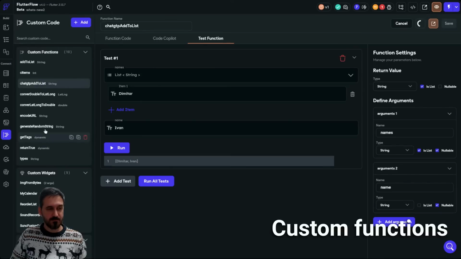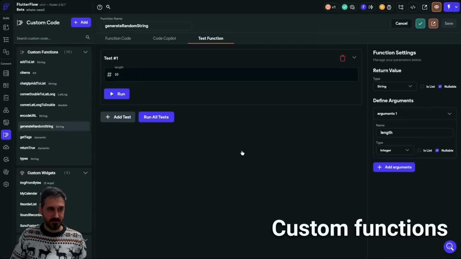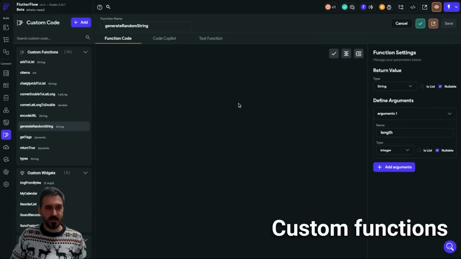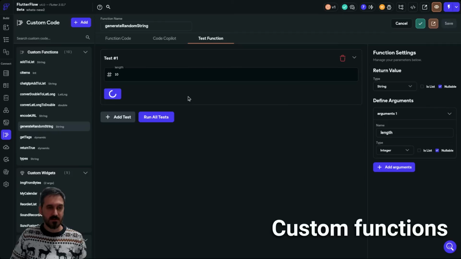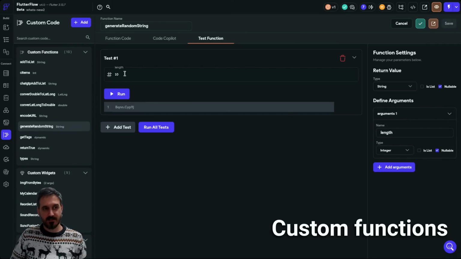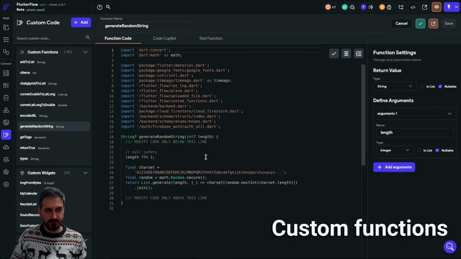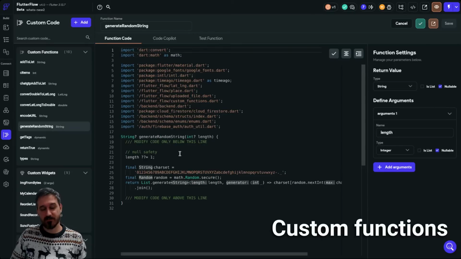So what about generate a random string? Let's save that. This was generated by ChatGPT. Again, this is the code that I have, and I have not written this code myself. Let's go over here, and this will actually produce a random string with a length of 10. You can actually see it. This is a random string of length 10. And if I don't know how to write this code, but I need this functionality in my Flow project,